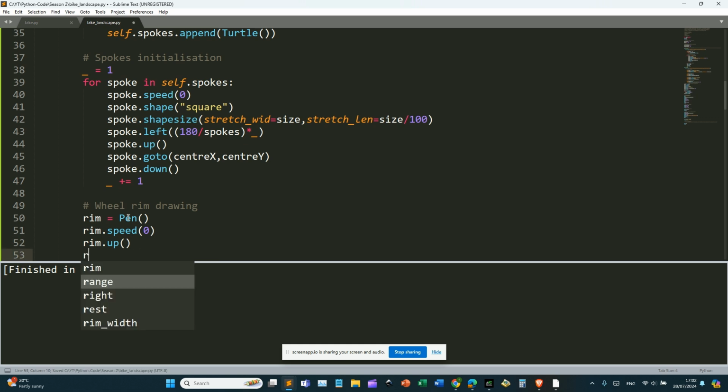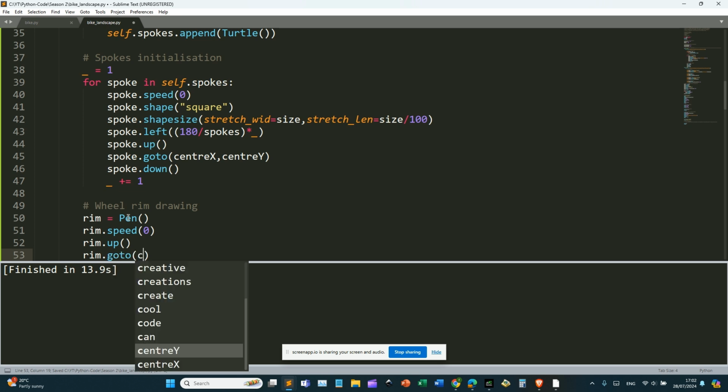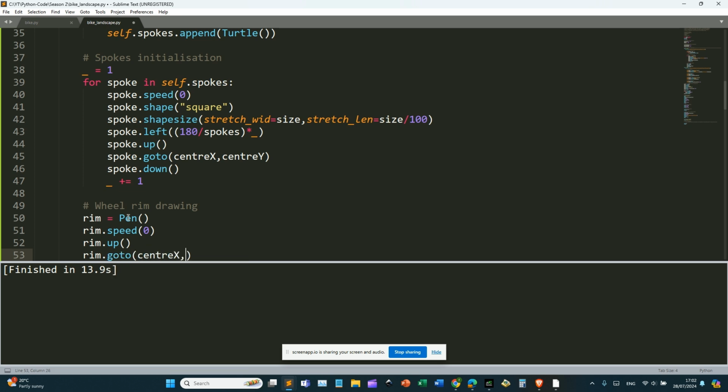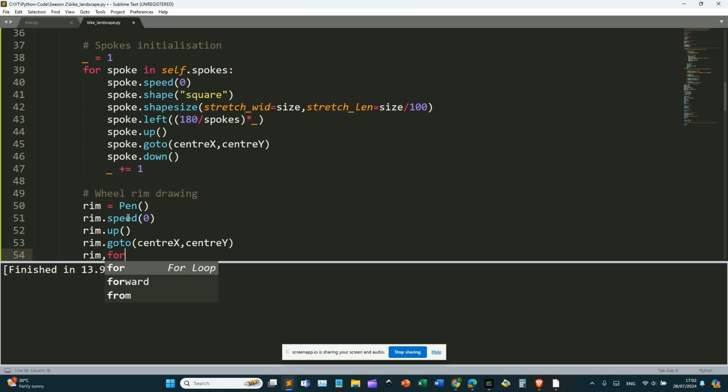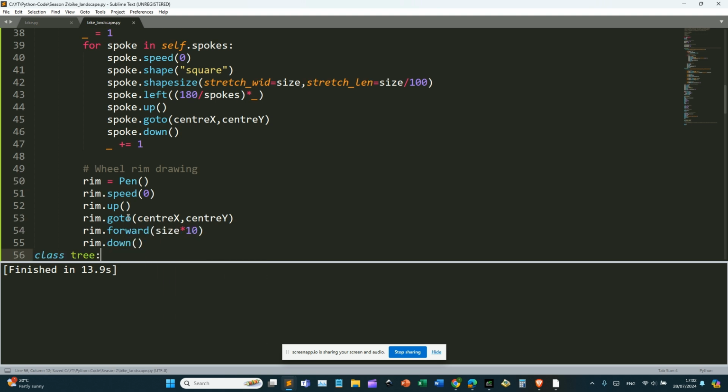But first we need to go to rim dot go to center X, center Y. Rim dot forward. Right, we've done here. Okay, we're not done yet, but we've just configured